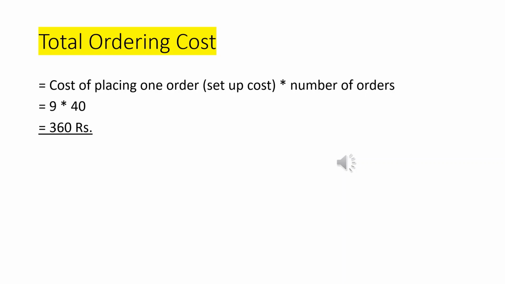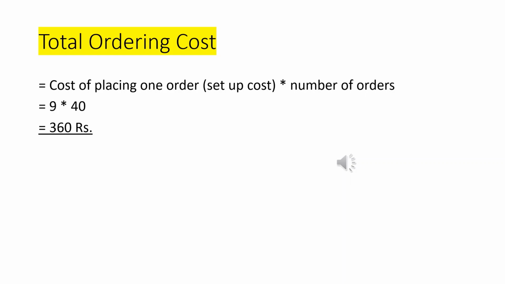Next, we have been asked to calculate total cost of inventory in the question. So for calculating total cost of inventory, we need to first calculate total ordering cost, then total holding cost, and then adding both of these two, that means total ordering cost and total holding cost will give us total cost of inventory. So सबसे पहले हम calculate करते हैं total ordering cost. Very simple formula we have for this. Take cost placing one order, that means एक order place करने में आपका कितना खर्चा आता है, जो हमें question में given है 9 rupees, multiplied by number of orders you need to make in 1 year.